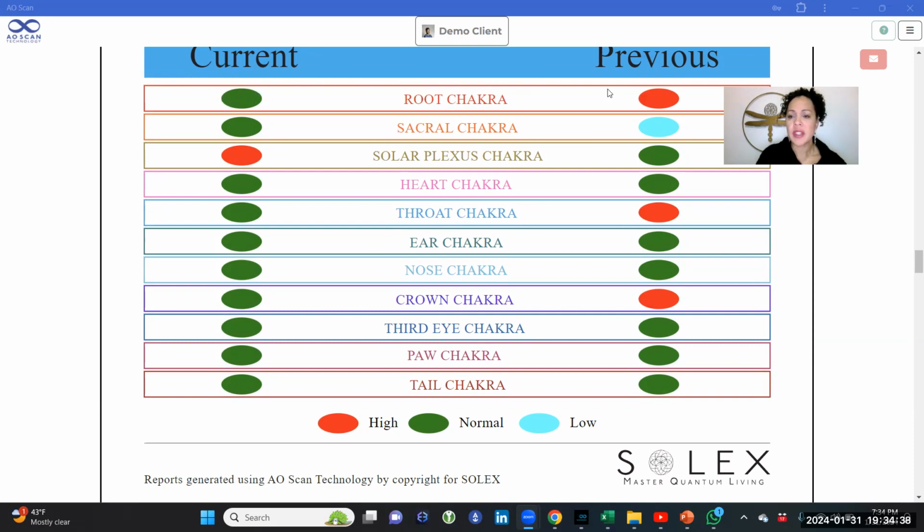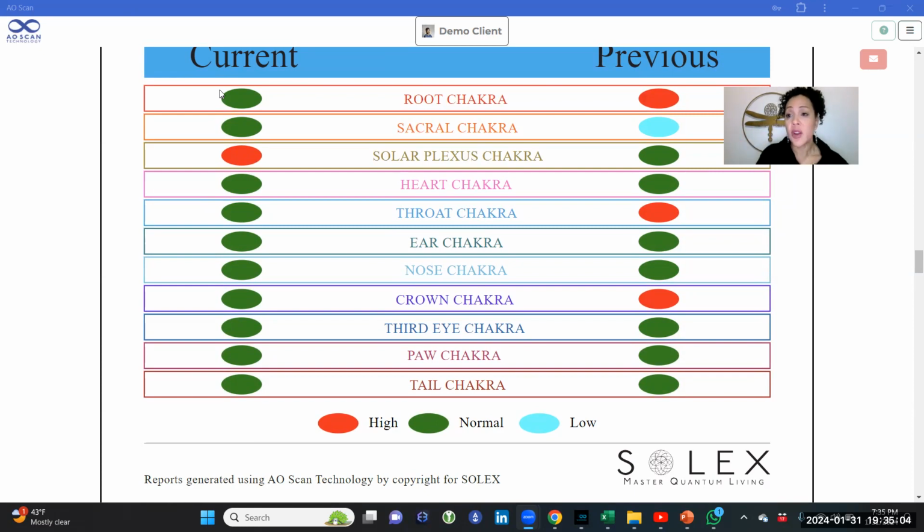First, the scanner will scan. It does its biofeedback scan, and it lets you know what's out, what's low, underactive, or inflamed. That's what you're going to see right here as the previous scan. Then in the current scan, after the biofeedback scan is done, frequencies are generated to put back into balance the frequencies that were out of balance.